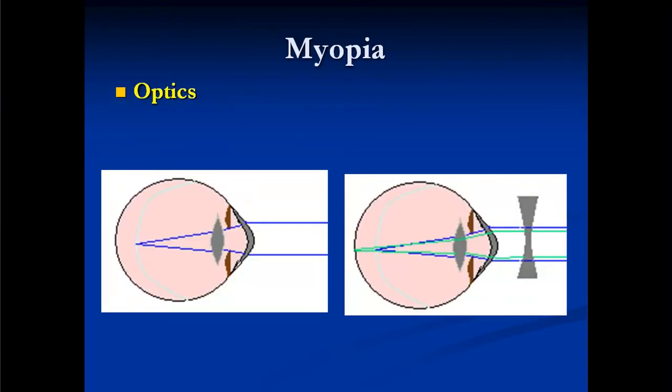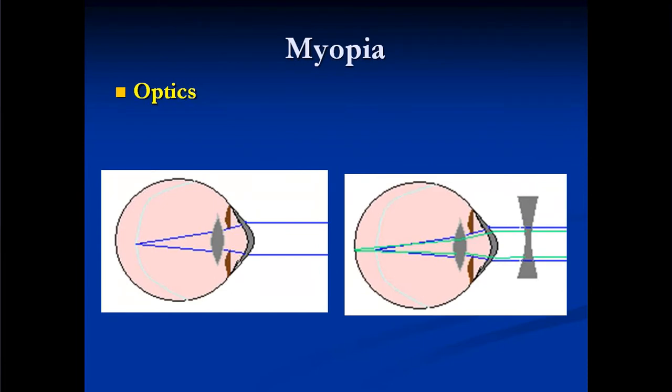To represent it simply optically, you can see in the first picture the blue lights which are parallel. They are coming and after getting refracted at the cornea and lens, you can see they are coming to a point focus in front of the retina. You can see in the picture, the point focus of the blue rays is in front of the retina. As per the definition, you know it pretty well: when the parallel rays come to a point focus in front of the retina, when the accommodation is at rest.